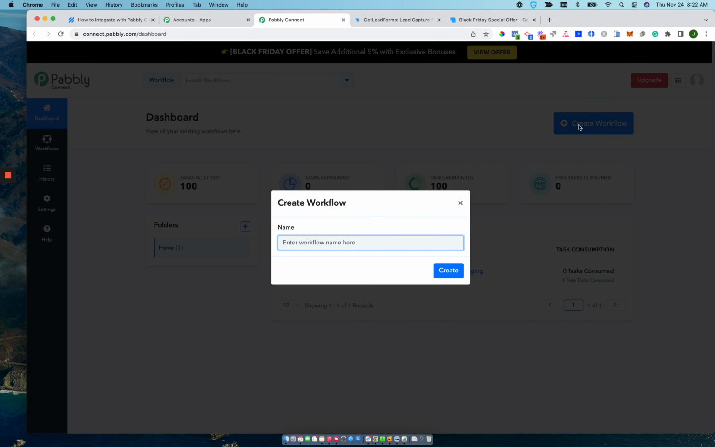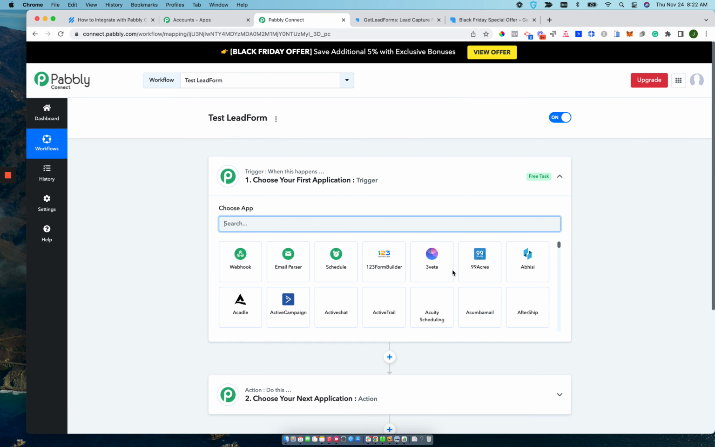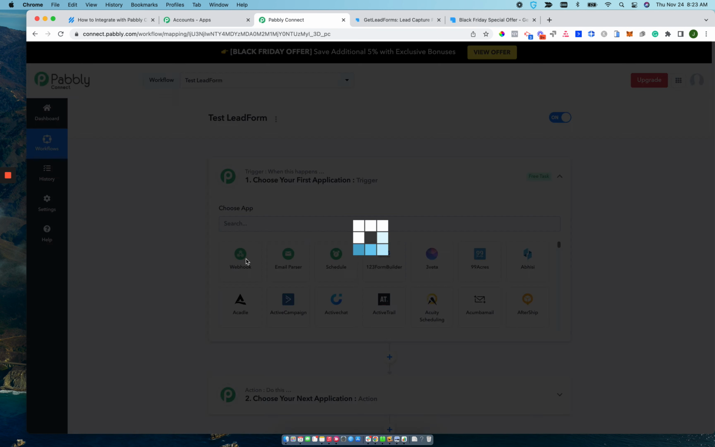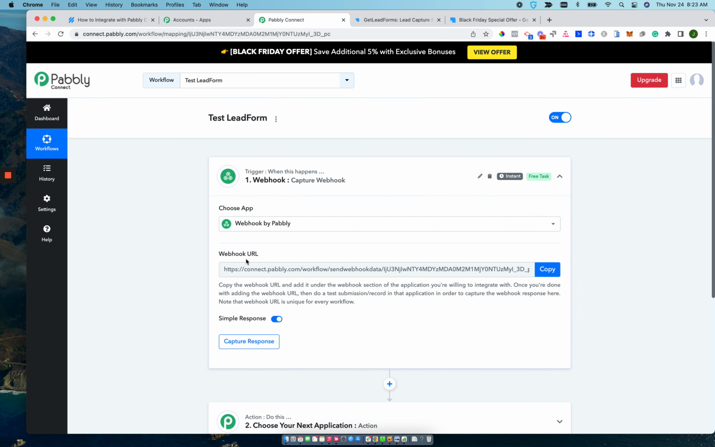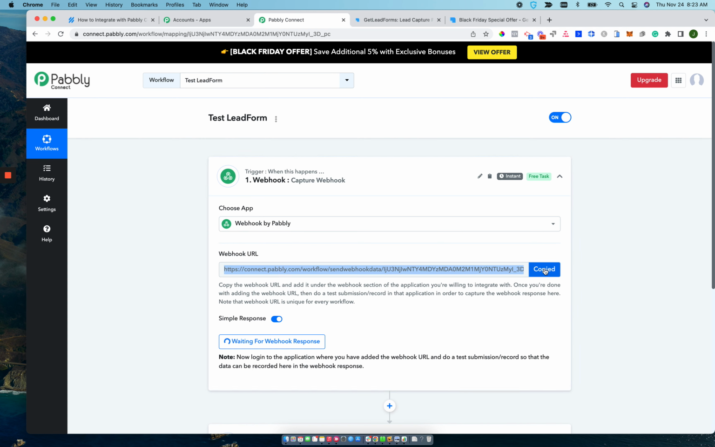So I'll create a webhook. Let's see if I can create another webhook here in the free plan. And I'll just call this test LeadForm. And when you go to the choose app section, just simply click on webhook. And then what this is going to do is it's going to give you a webhook URL. Copy the webhook URL, and then as soon as you copy it, you'll see this section that says